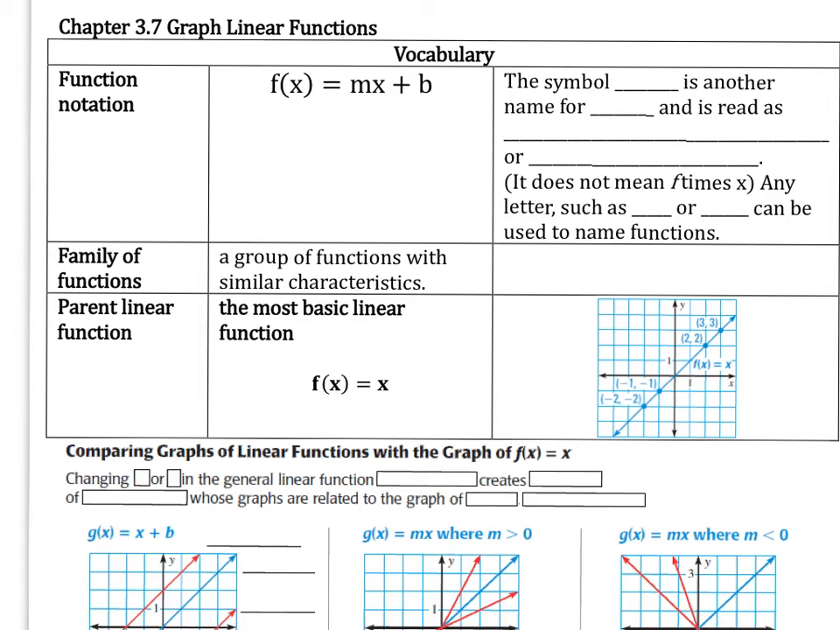3.7 Graph linear functions. Function notation. Recall from pre-algebra that we can write y as f of x, and this would equal mx plus b. Okay, and the symbol f of x is another name for y and is read as